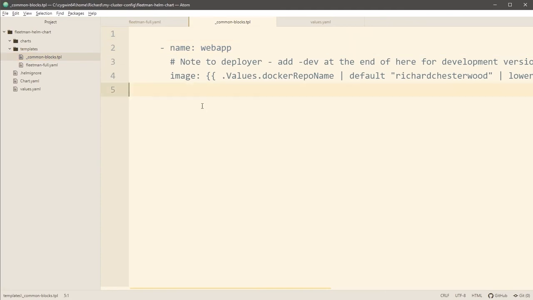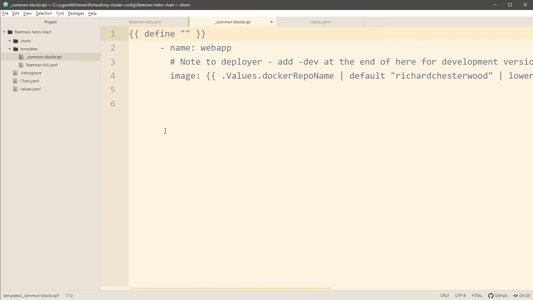When we go a little further, we are potentially going to be adding further common blocks into this file. You can't make this YAML block just float in midair. You need to wrap it around some Go in order to make it become a named template. And the way we do that is by using the define command. That makes this a named template. It's a function and it takes a parameter.